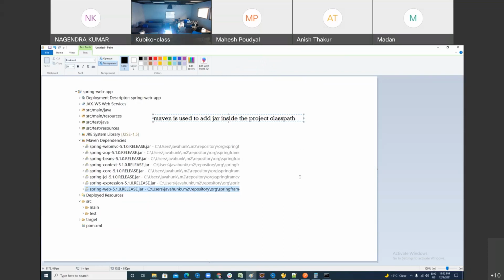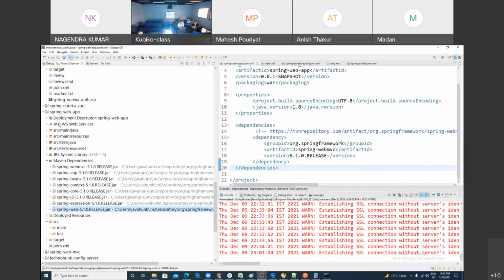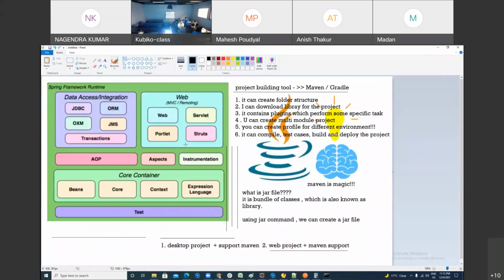So we are good to start with Spring. Yes, sir. Spring has many things altogether. Can you see this? Spring provides you the core module. So I'm going to talk about this core today. It has core, it has web, it has AOP, it has data access integration, it has test module, right? So I will teach you all these modules one by one. Today we are going to discuss the Spring core module.